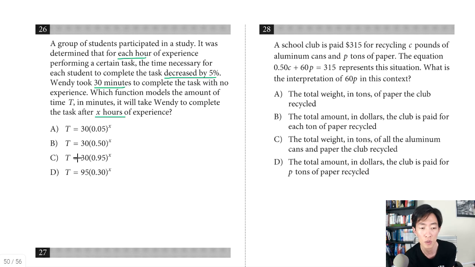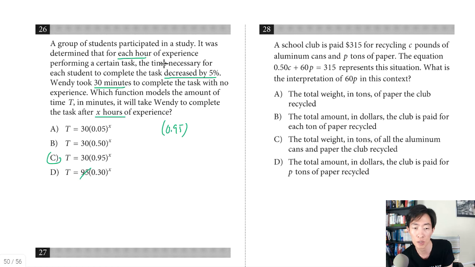The way they work is you put the original value first and then you multiply it by the factor that you're changing it by. So Wendy's original time was 30 minutes. That makes sense, except in choice D. So we'll cross it off. What they're doing is they're mixing up the original with the change. If you're decreasing by 5%, we talked about this in question 25, how much are you left with? You're left with 95% of your original. So how do you calculate 95%? You multiply the original by 0.95, and that automatically means C is going to be the answer